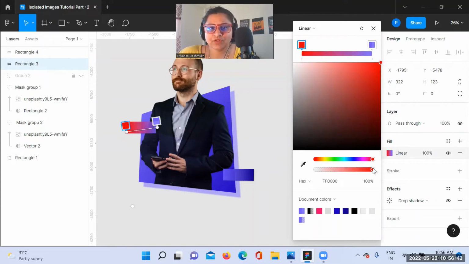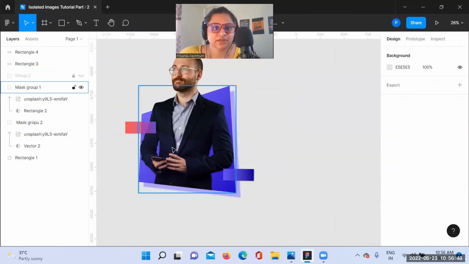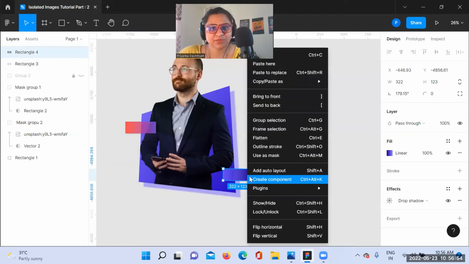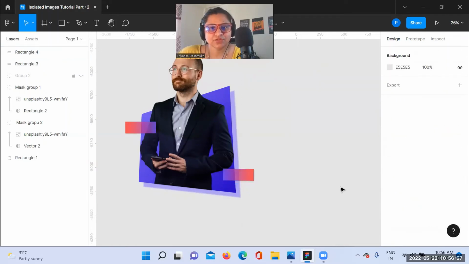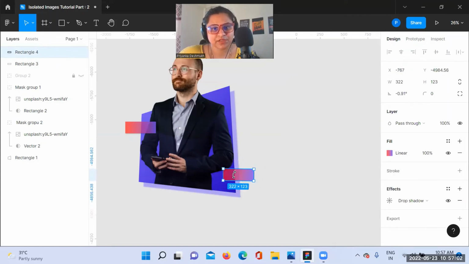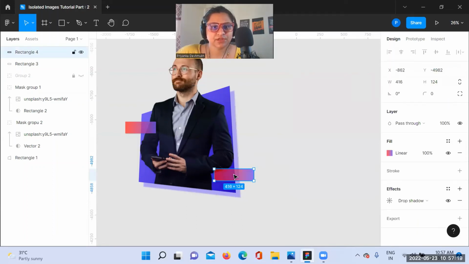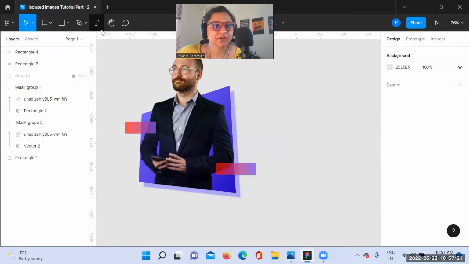If we are going for this particular color, then it is creating another effect. Now you can see here, this is creating another effect. Just copy properties and paste properties here. You can do Control plus Shift plus V to copy and paste those properties. If you want to add some type of text here, you can do those things. I'm just sharing some example. For example,